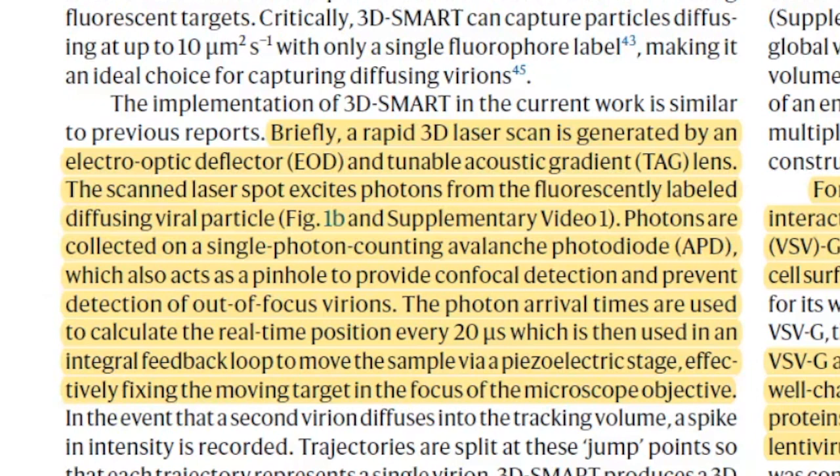Okay, so essentially what this does is that there are these particles used in the experiment, which I haven't described yet, but they have a fluorescent protein label on them, and they use a laser to excite that fluorescent protein so that it emits fluorescence in the form of photons, as described here. Those are detected by some sensors. Based on the delay between the firing of the laser and when the sensors detect the photons back, that's used to calculate the location of the particle at any point in time. And so this is the technology that they used.